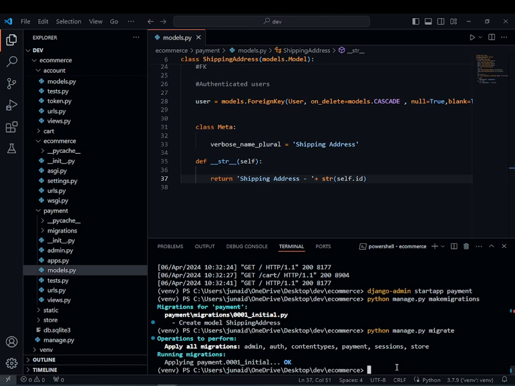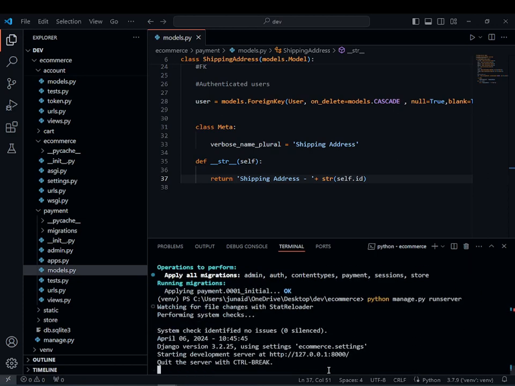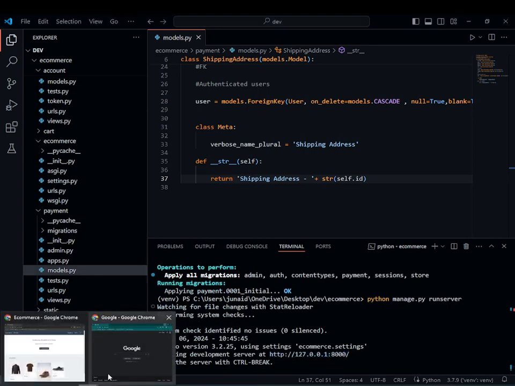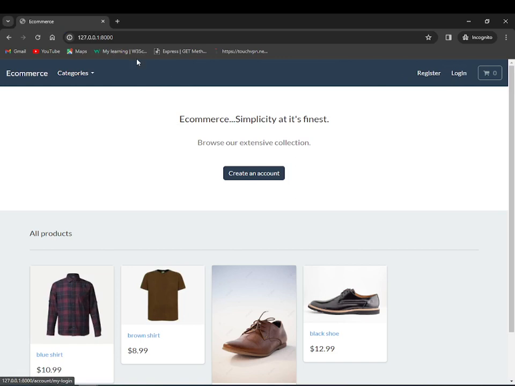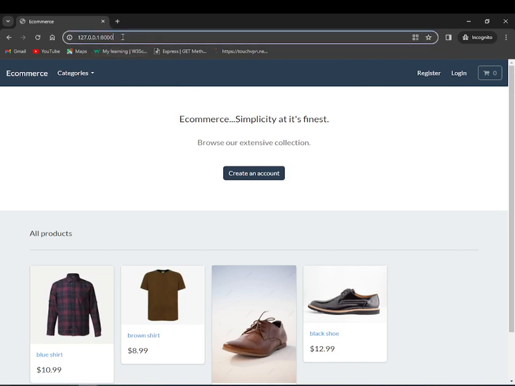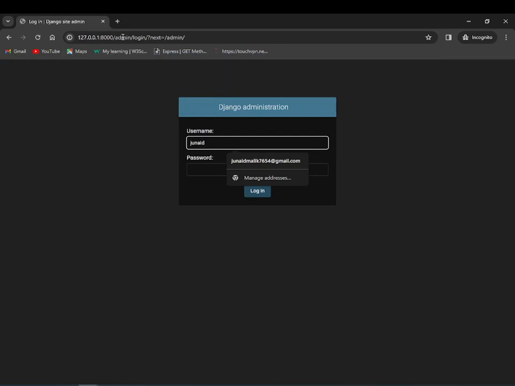So after that just run your server, manage.py runserver, and just copy that, and here just refresh it. So we are going to our admin to check our migrations,